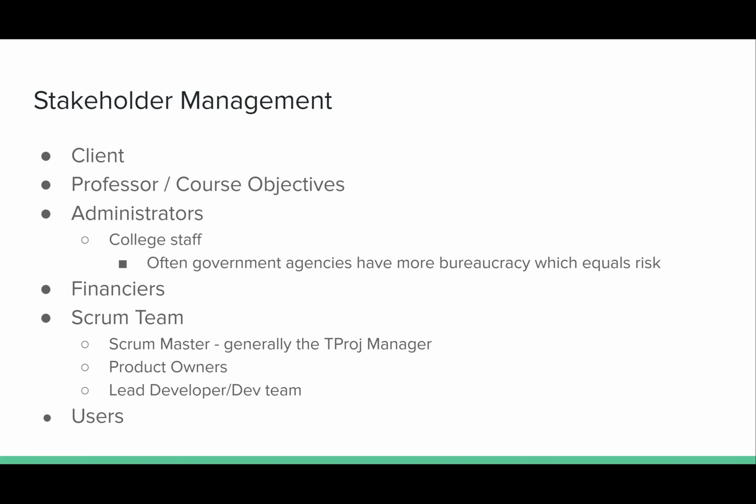So the next topic is stakeholder management, and not all of these bullet points relate specifically to the projects that we're working on. This is kind of the ideal of what that would be like. But at some level, the technical program manager is going to need good stakeholder management skills because they will interact with the client. Obviously the professor, because they are the boss of the class. Nobody within the student leadership team is the boss. The professor is the end boss.